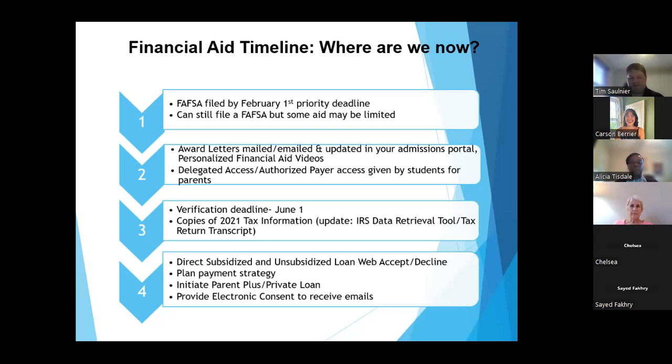If you've deposited, the next timeline is if you completed the FAFSA and you were selected for verification. Not all students are. Roughly 30% of all students would be selected. So you may never be selected in your 4 years if you fill out the FAFSA each year, and you may be selected multiple times. If selected, we're going to ask for copies of your 2021 tax information. So if you use the IRS data retrieval tool on the FAFSA, which is basically transferring your IRS information to the FAFSA,